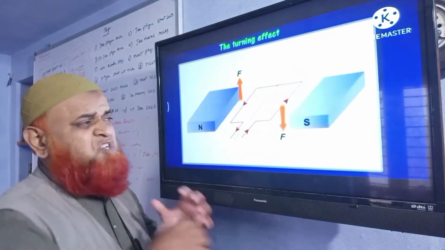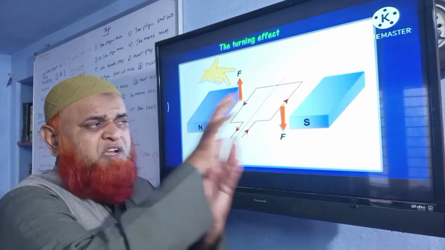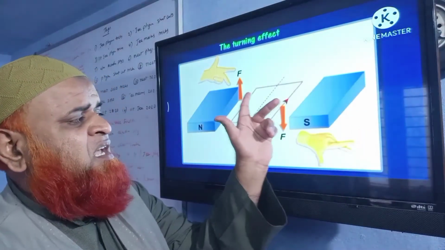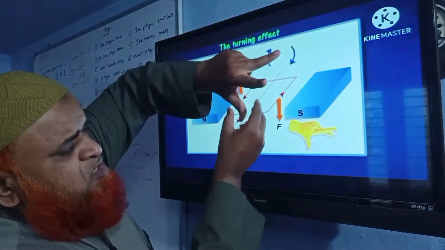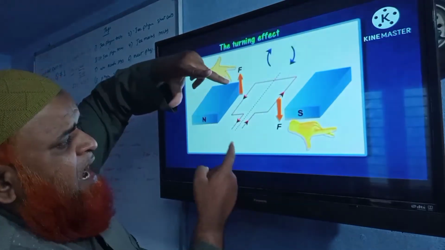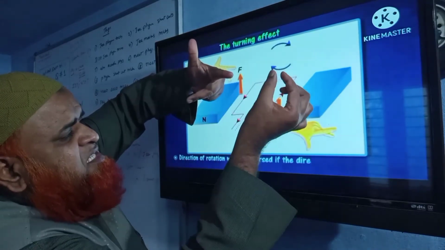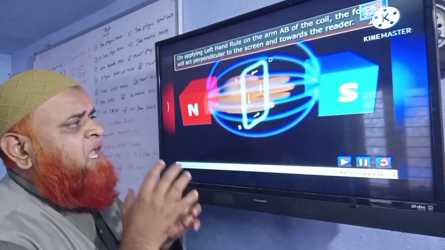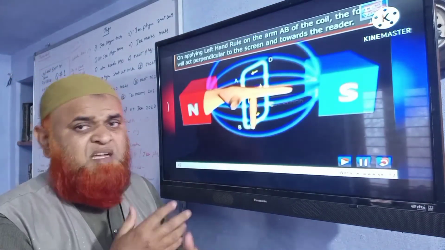If you observe, this is the north pole and the south pole. The magnetic lines of force move from north to south. So this is the current direction. You keep the central finger in the current direction and the force will be downwards. This is the magnetic field direction. And on this side, this is the current direction, this is the magnetic field direction, and this is the force direction. If you want to see it in some other dimension, this diagram will explain that direction.